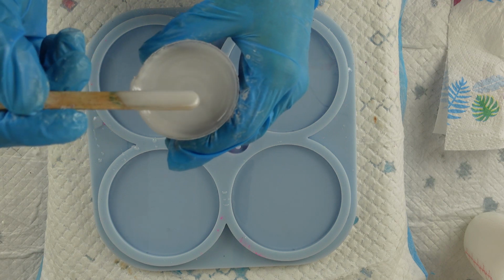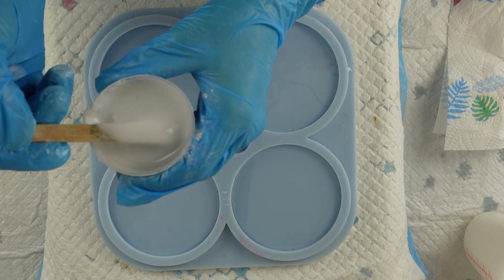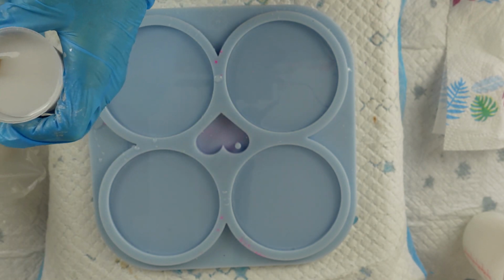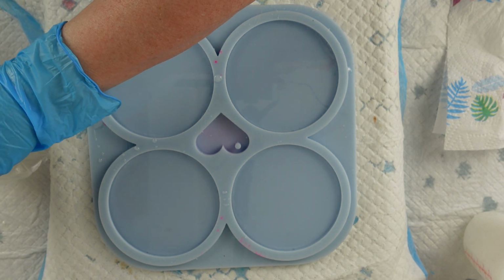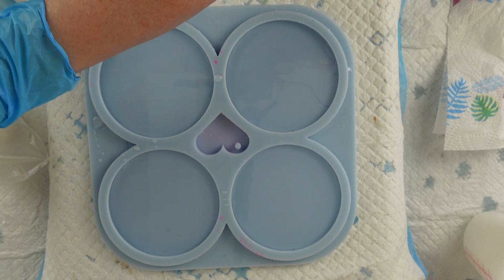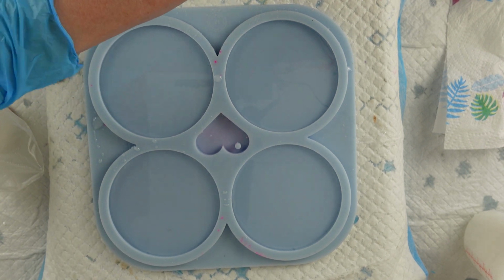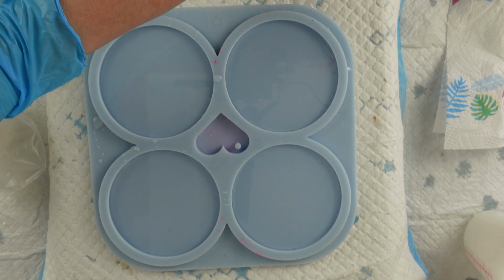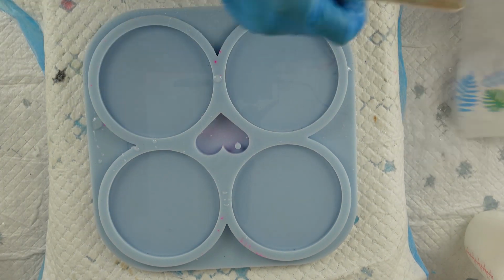I just want to be able to see the stick as the white pigment starts to slide off. I just want to be able to see the stick through the pigment, which I can, so I'm happy with that. So I'm going to pour that into my piping bag. I'm just going to set that aside for a minute while I sort out the